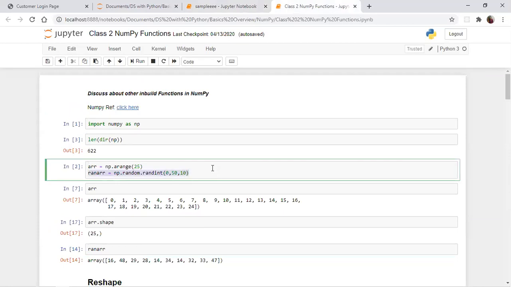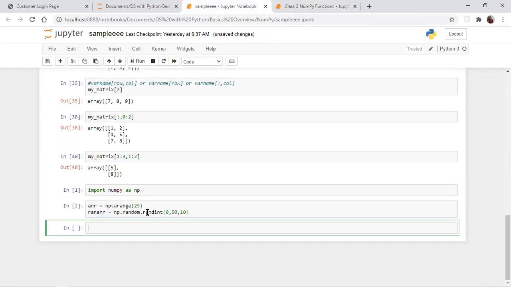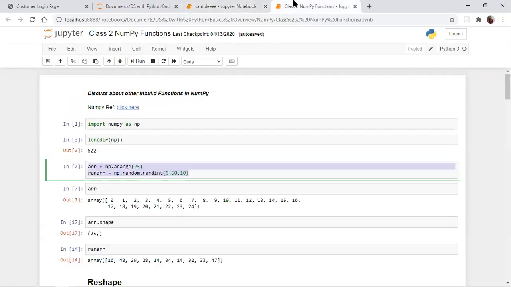So the next thing we are going to do here is arange and random integer. These two things we discussed yesterday, right? So I'm just creating these two things. Now I have two variable names, one containing an arange and another containing a random integer. I want to know the shape.